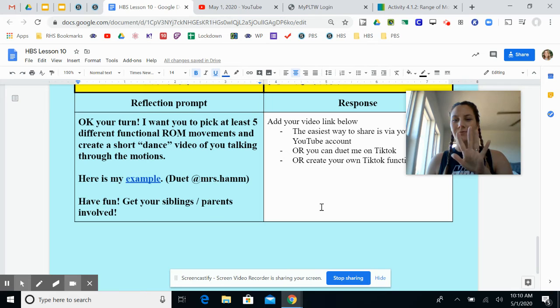I want you guys to choose 5. So choose 5 range of motion movements and put them into some sort of routine or dance. It doesn't have to be super fancy. You can literally just take a video just like I did and go through 5 movements, and that would work. The easiest way is probably to use your